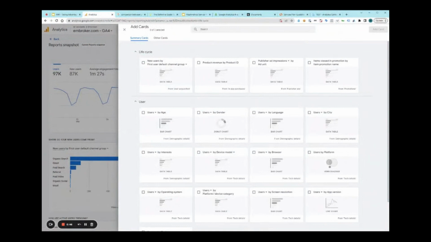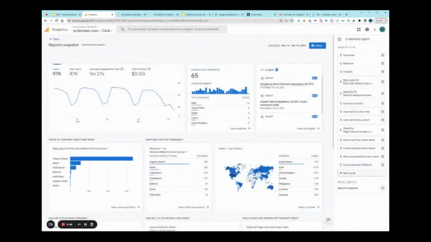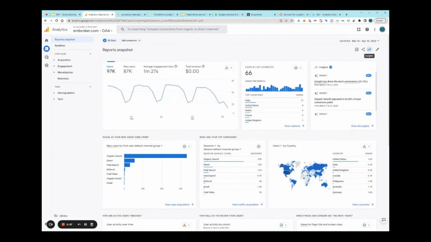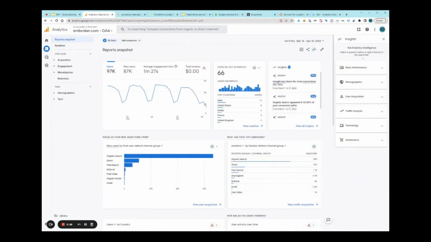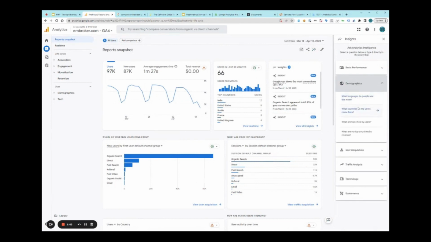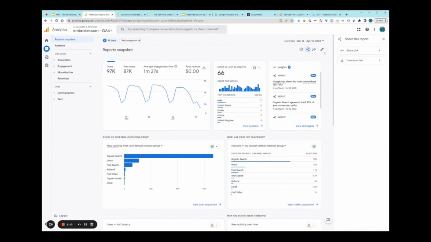The next button you'll see is the Insights button. From this same area, you can also ask Google Analytics 4 direct questions, with the Insights area making it easier for beginners to find answers to top questions. Next, you'll see Share, where you can both share as a link or as a file in PDF or CSV